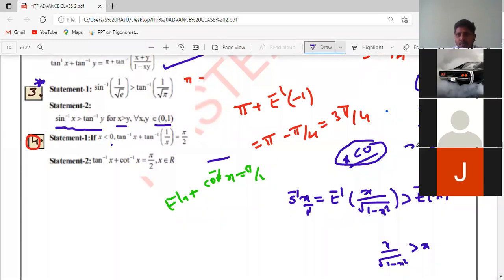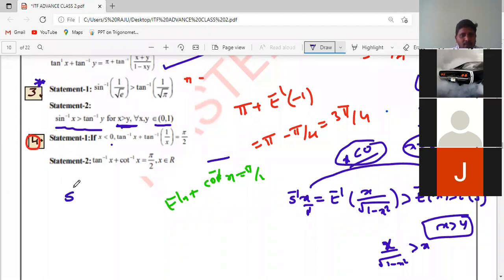I'm taking here x is equal to 1 by 2. Substitute x is equal to 1 by 2 here. Is the left side greater than the right side or not? And clearly x is greater than y, already given. So tan inverse x is greater than tan inverse y, because x is greater than y, they have already given. Finally, if I compare first and last, we proved that sine inverse x is always greater than tan inverse y, for x greater than y.